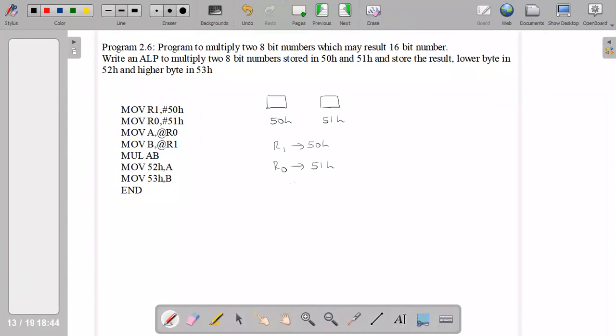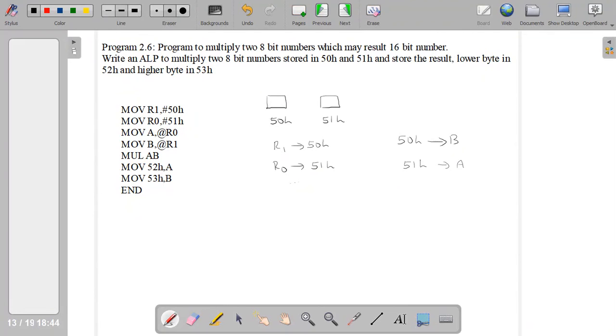And then the content of 50H and 51H is moved to the registers B and A. So content of 50H location is moved to B register and 51H location's content is moved to A register. Then we perform the multiplication using MUL instruction, MUL AB.